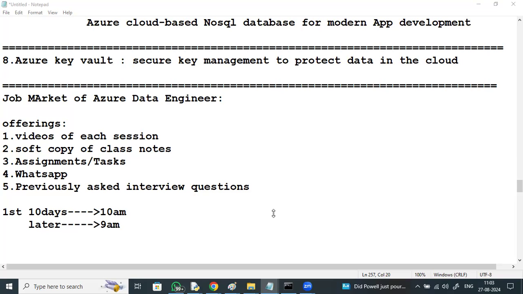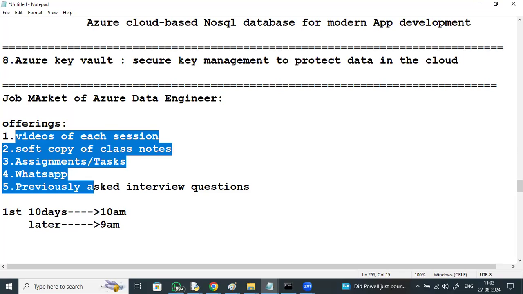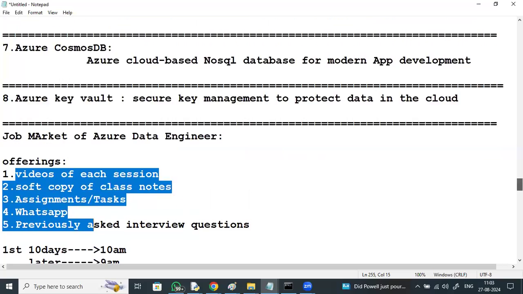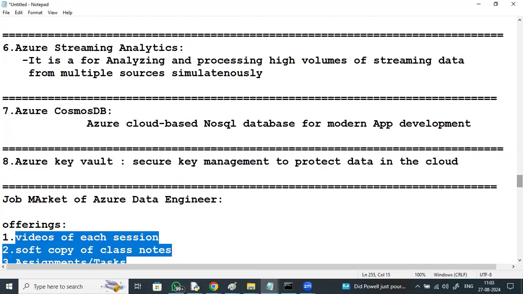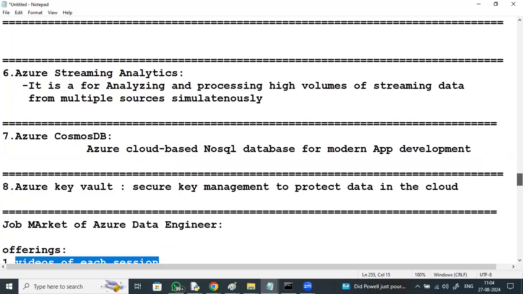Any other queries? So that is the timing, and these are the things I'm going to provide, each and everything clearly. Don't worry about this. It won't be very complex; it will be very easy to understand. The only thing needed is regularity in the sessions. Spend at least 1 hour on practical work daily and try to interact in the sessions. I want all the sessions to be interactive. Whether your answers are correct or wrong, keep responding. Also, do the assignments and tasks that I am providing.